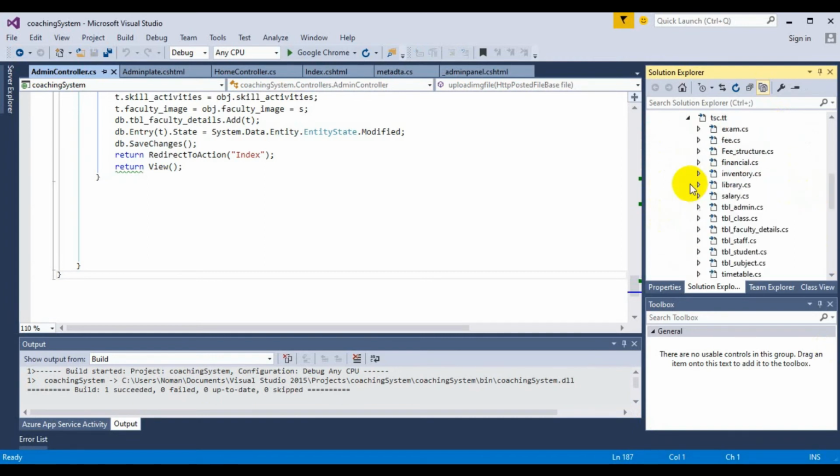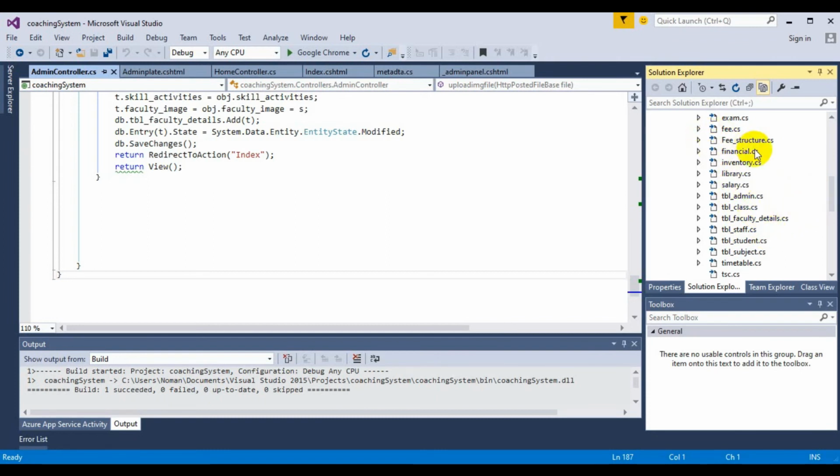I'm going to show you all the tables. Look out, these are all my tables that are available and I'm currently working on, in which we have a timetable, TBL subjects, TBL students, TBL staff, TBL faculty details, TBL classes, admin, salary details, library table, inventory table, and financial table, meaning all the financial debits and credits will be added to that particular table.